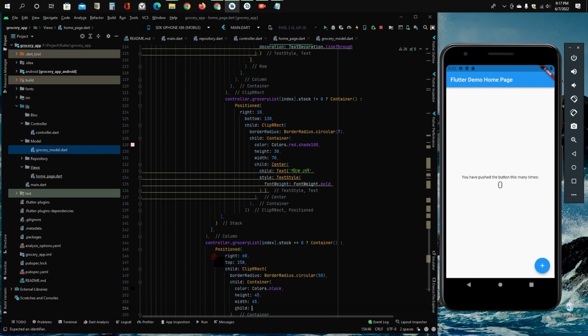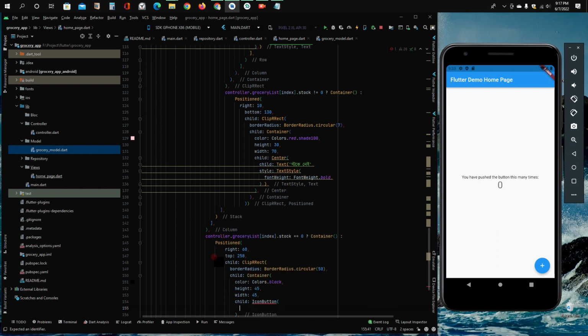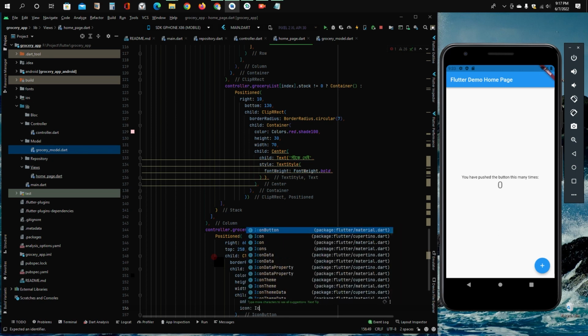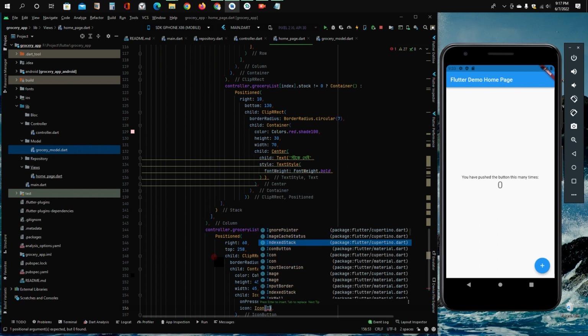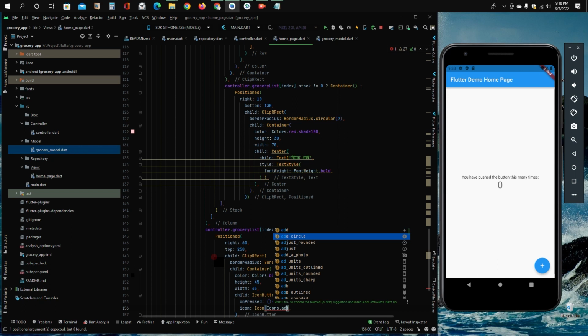Right now we are not handling that. We're saying icon. And circle. Colors dot white. So this is our home page,